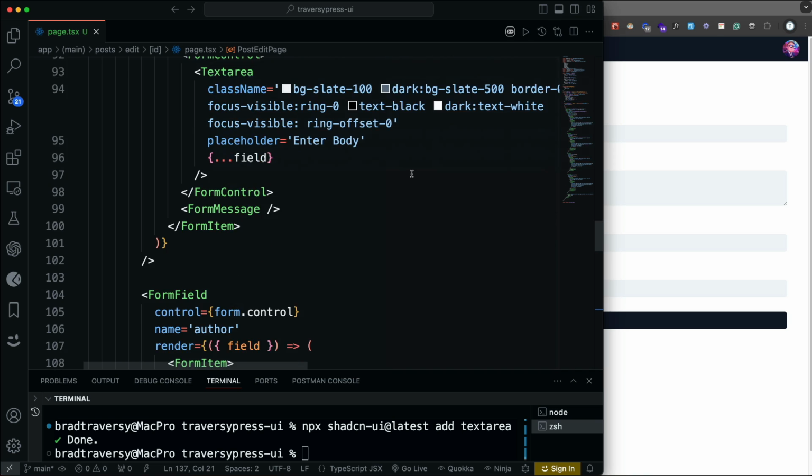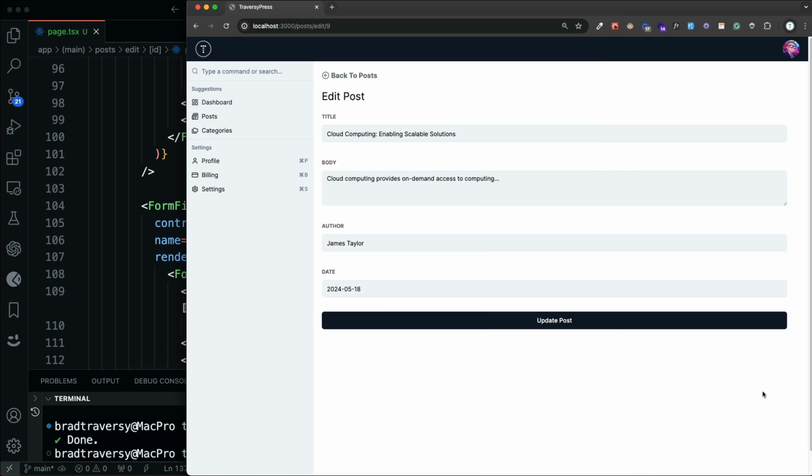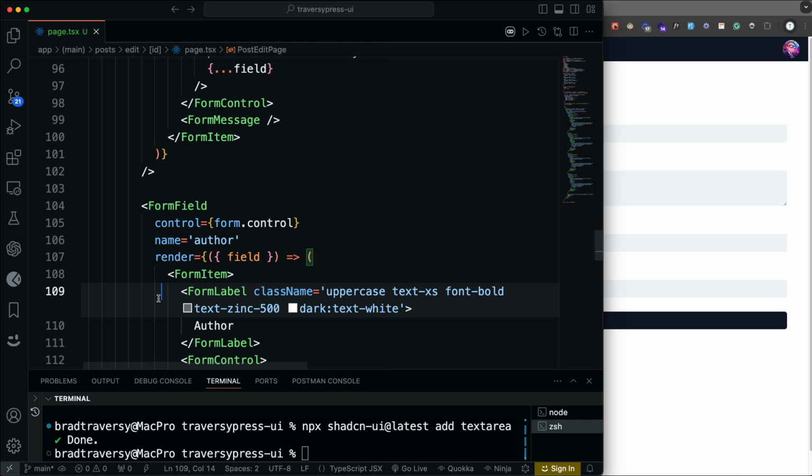Now, like I said, we're not submitting to a database or anything like that, at least in this video. I might add to it later on. But I want to show you another component, and that's the toast component. So when we submit this, I want a little toast to pop up and say that it's been submitted successfully. So for that, let's